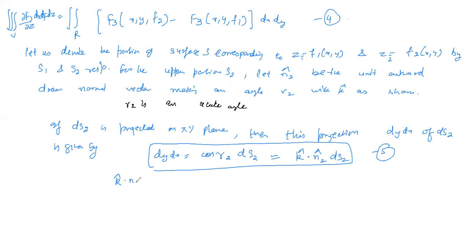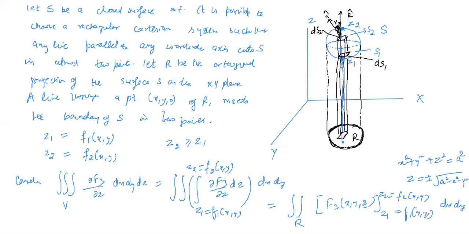As we know, k cap dot n2 cap is equal to their magnitudes into cos of gamma 2. So cos of gamma 2 will be equal to k cap dot n2 cap, as the dot product is commutative in nature. Similarly, for the lower portion we consider the unit outward normal vector. See in the diagram, for the lower portion, in this is the k cap here,